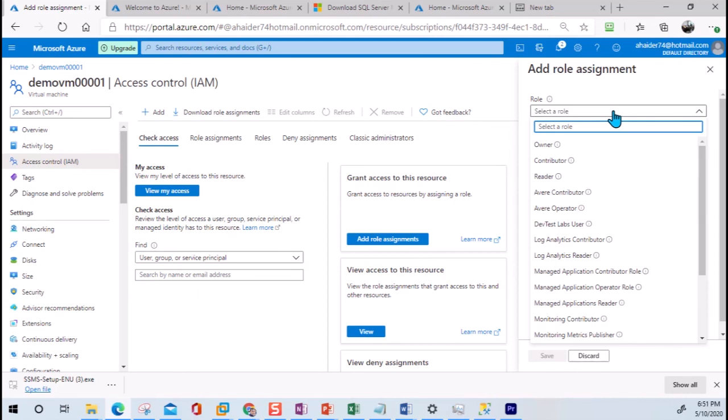Now there are three common access types that we always use. Either you want to make him owner, you want to make him contributor, or you want to make him reader. Reader will be read-only access. Contributor will have full access to this resource, but he won't be able to change any security settings, which means